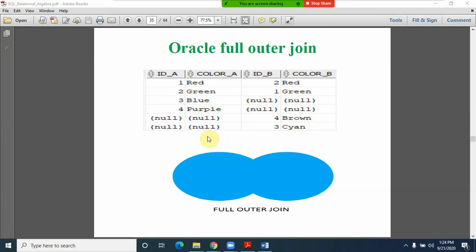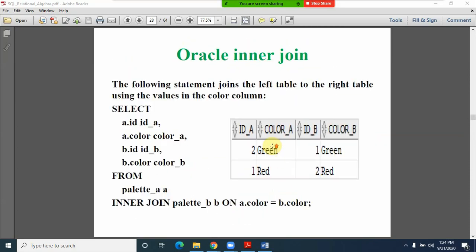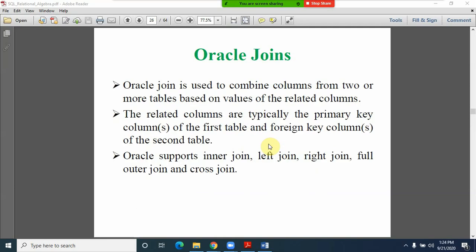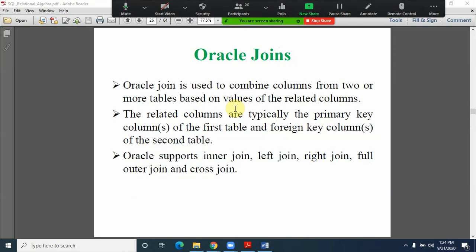If you observe the Venn diagram, we are talking about the common records, the matching records, from the left completely and from the right completely, so you can observe a complete representation of this full outer join in the Venn diagram. So this is how you can identify the concept of joins. Very useful, because while working with any kind of join option like left outer, right outer, inner join or full outer join, it all depends on the query demand.